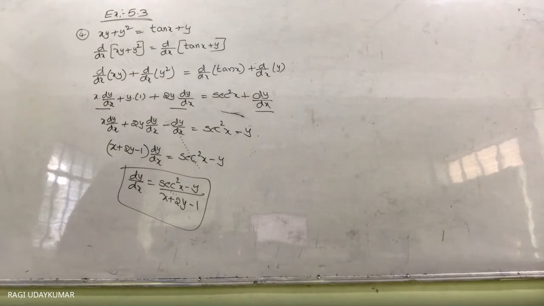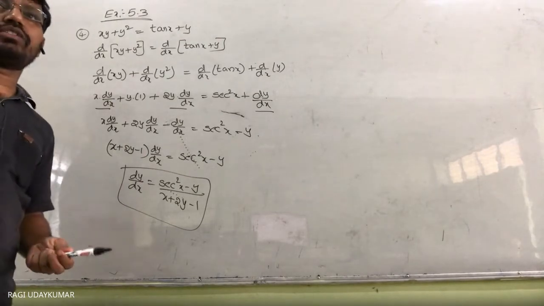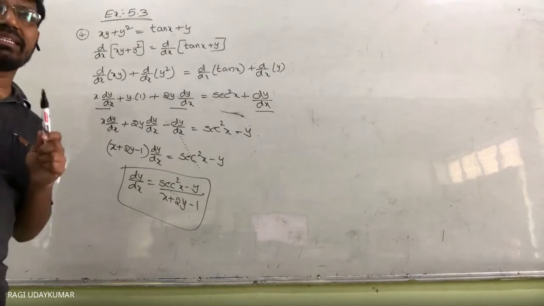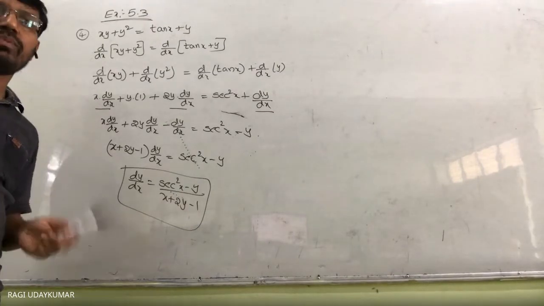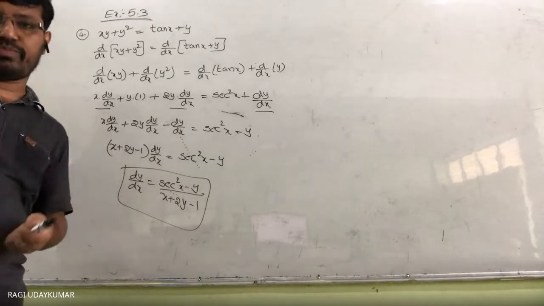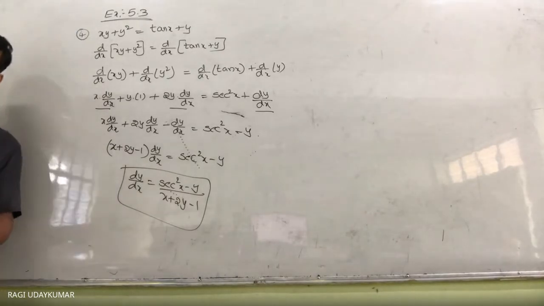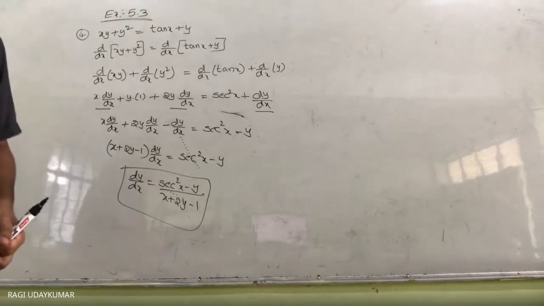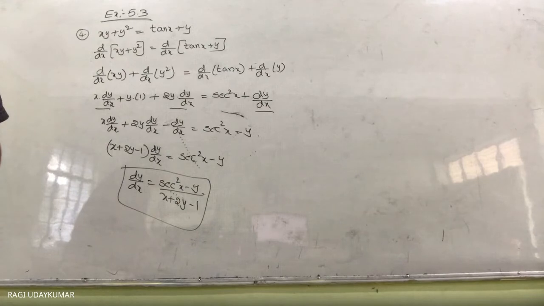In the same way, the fifth one is given as the expression x square plus xy plus y square is equal to 0. So when you take derivatives on both sides, the right hand side derivative will become 0. So that problem also you can solve. It's not more difficult for you to do that one. Fifth problem done. Let us move to the sixth problem.